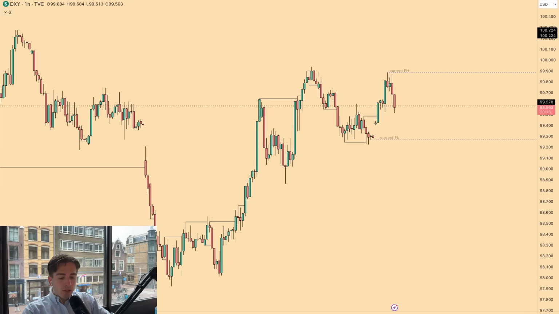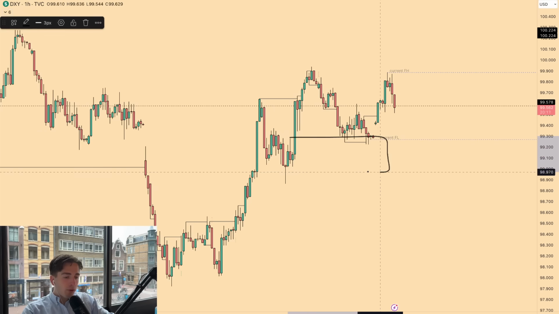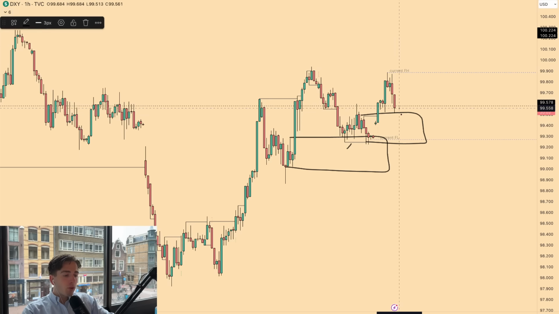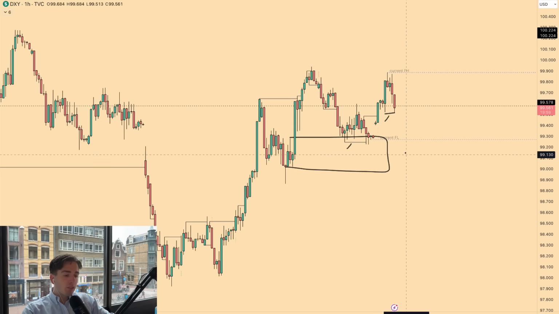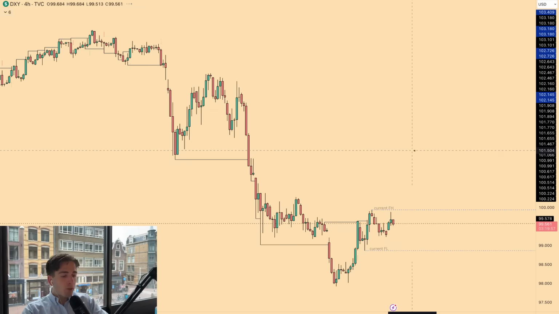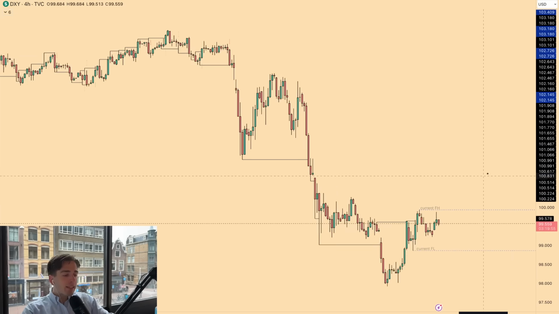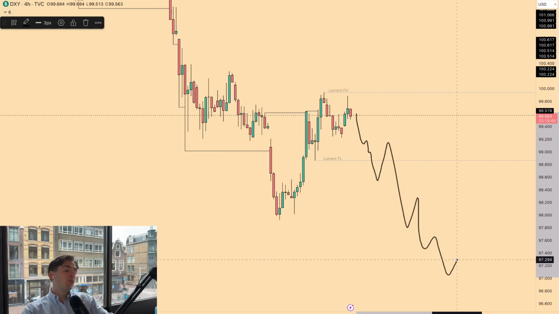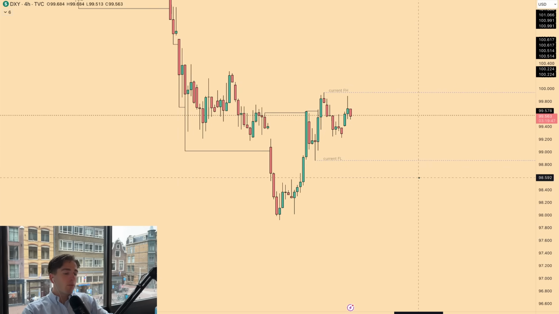After sweeping the internal liquidity that we had underneath these two equal lows, we tapped in towards this area of demand. This demand zone, again, you see a sweep of the initial reaction, and then from there the overall buy up. Now this morning we have the sell for the buy over here, looking for that further upside, maybe liquidating this internal low and looking still for longs. I would only shift my buys here on the dollar index if the 4-hour fractal low breaks. That is the current fractal low over here. If that were to break, then I would say, okay, further downside is possible, but until then, more focusing on